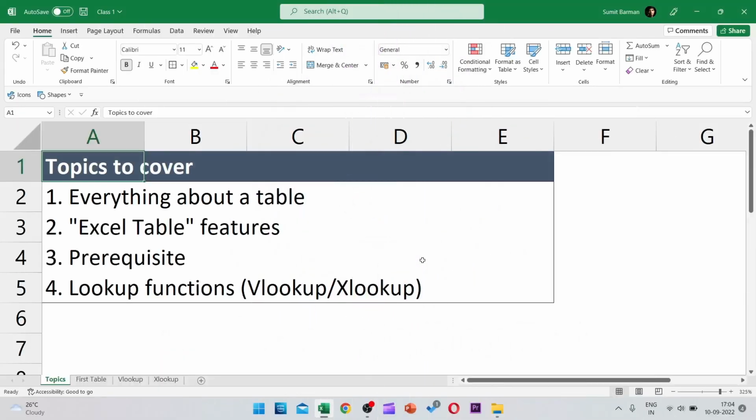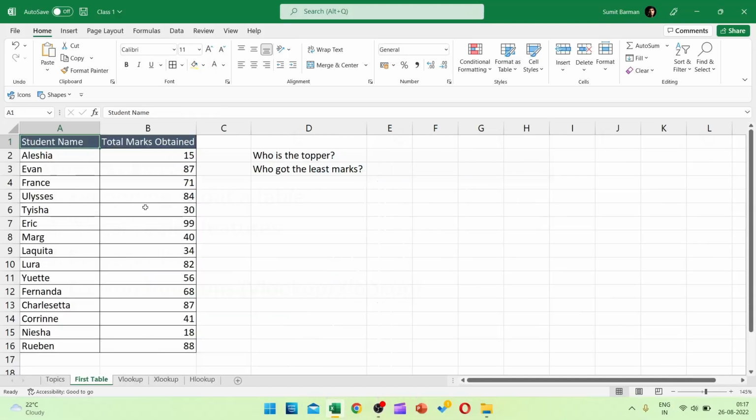In this video, I will talk about Excel tables and how they are different from normal tables, some prerequisites, some of the thumb rules that we need to follow while creating a table, and lookup functions, which are VLOOKUP and XLOOKUP. So let's start. When we talk about Excel tables, the first thing that comes to our mind is something